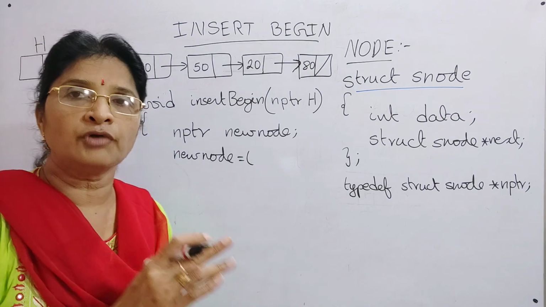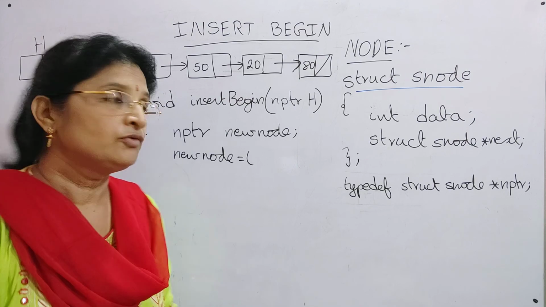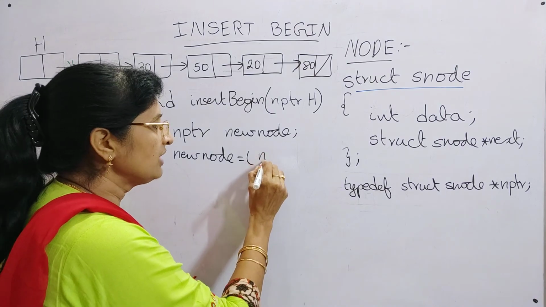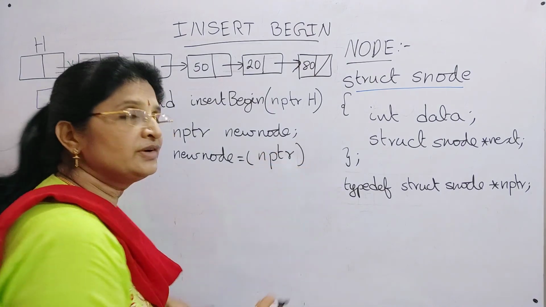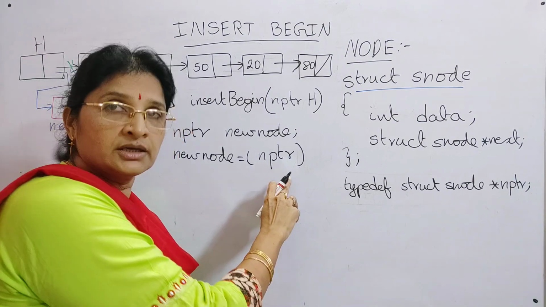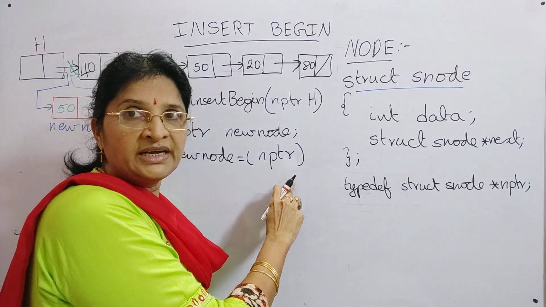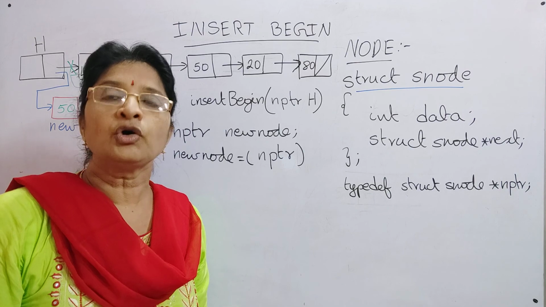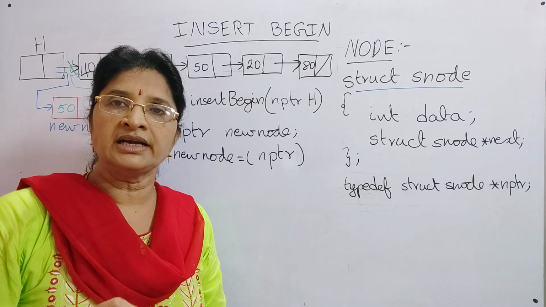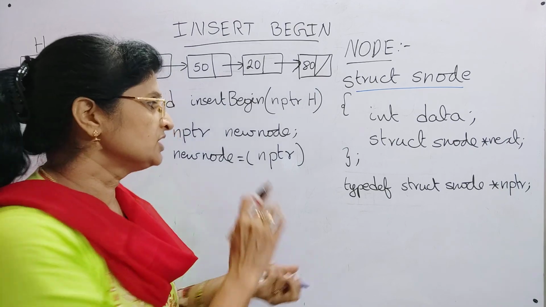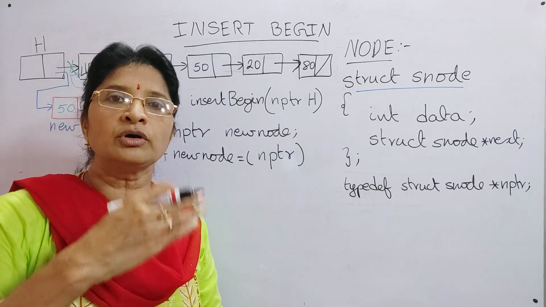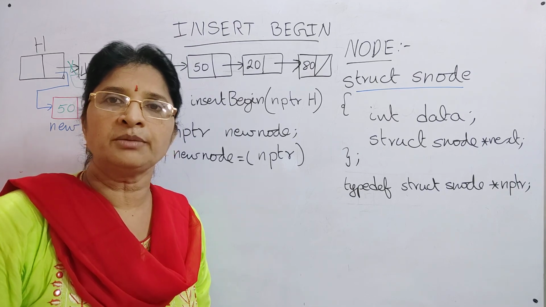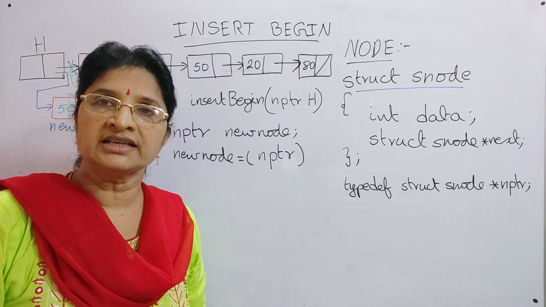But here, which type of pointer do we want to assign it to? We want to assign it to a pointer of type NPTR. So the typecasting we have to do here is NPTR. I will tell you again why we have given NPTR: the malloc function returns a void pointer after allocating the memory, that is, the address is given as a void pointer. This void pointer must be converted to that particular data type pointer. If you are allocating to an integer, it will be given as an integer pointer.